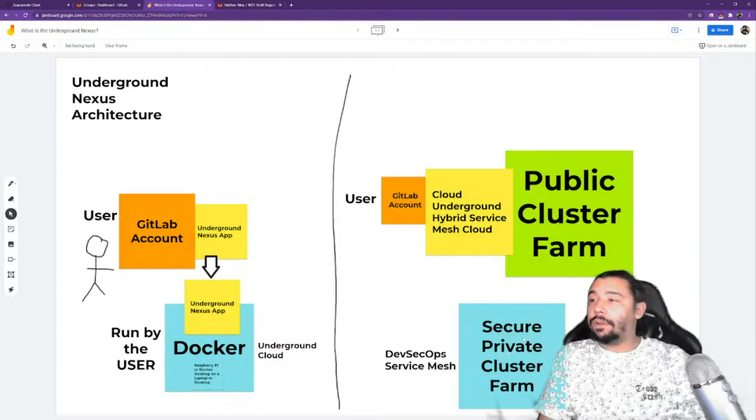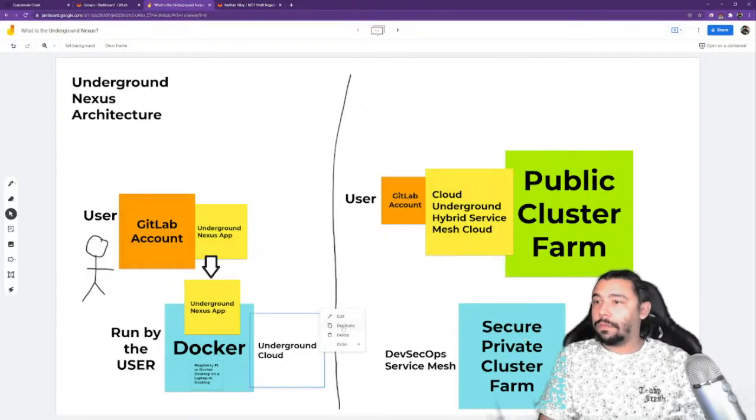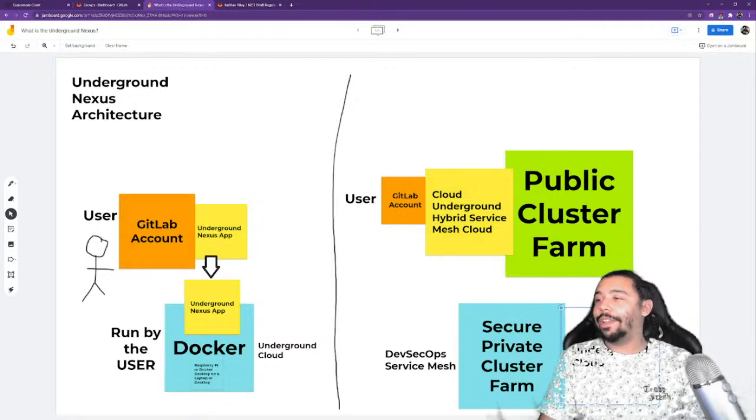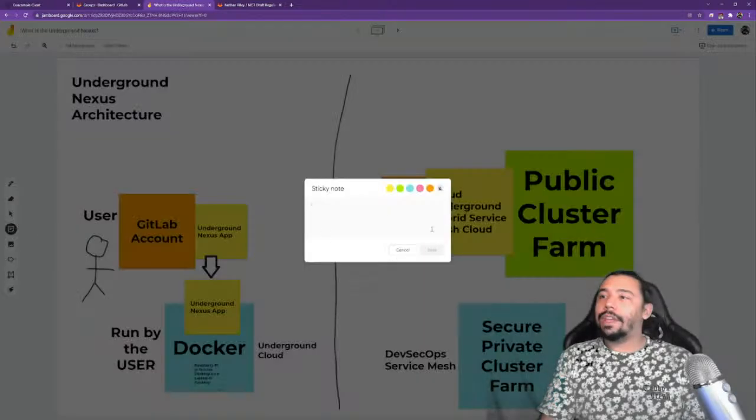And let's see, so that would be our underground cloud. So we have our on-prem, basically a distributed on-prem. I guess I'll just add up here.